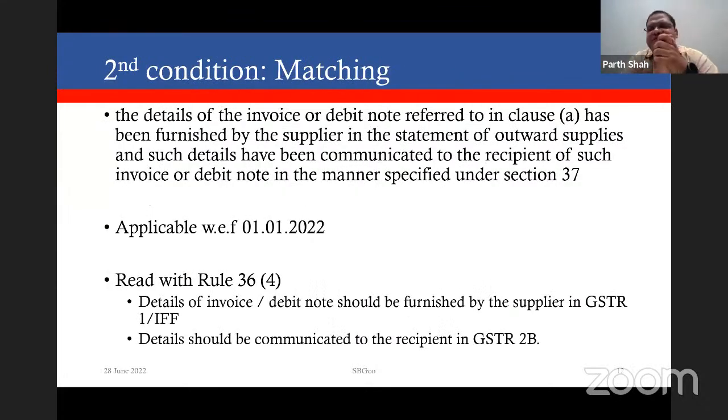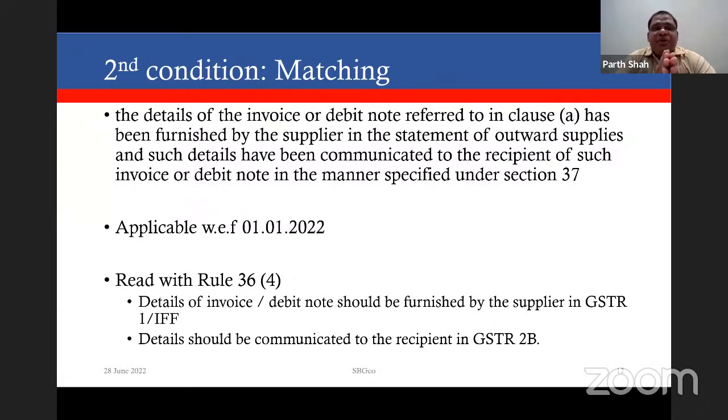This takes me to the second condition of matching. This condition, which is by way of clause AA to section 16.2, has been inserted only with effect from 1st January 2022. If you recollect, friends, when GST was introduced, we had an elaborate process of filing returns and claiming credit, which included you filing GST, your supplier filing GST 1, the details coming to you